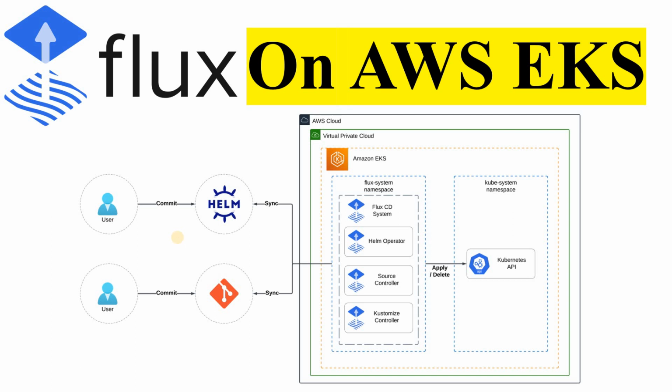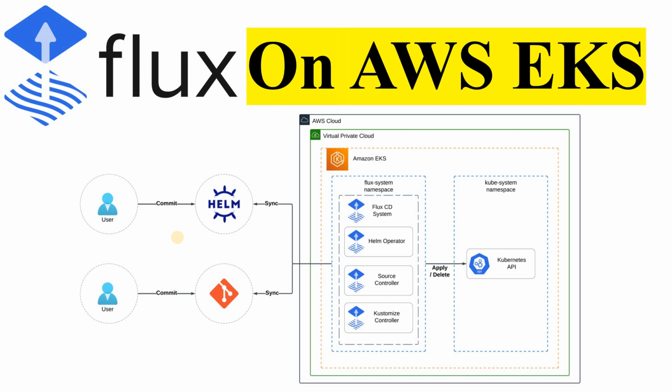Hi, in this video, we will see how to achieve GitOps on AWS EKS using Flux CD. As you see, this PPT depicts my demo. Here we will see how to install Flux on Amazon EKS, which is a managed Kubernetes cluster. And then we will see how to configure Flux CD, or the Flux application, on Amazon EKS so that it does continuous deployment from a GitHub repository, which is acting as the source of truth for the application's desired